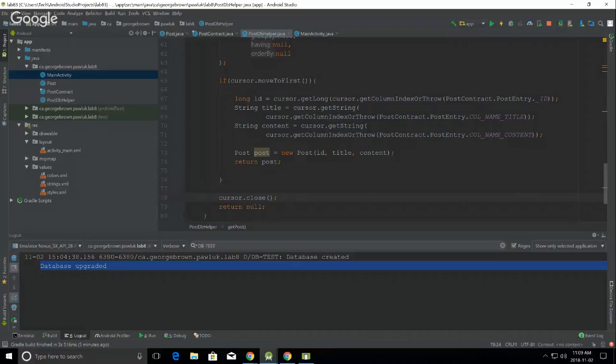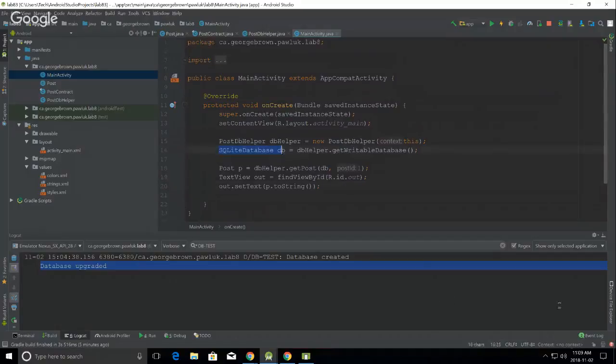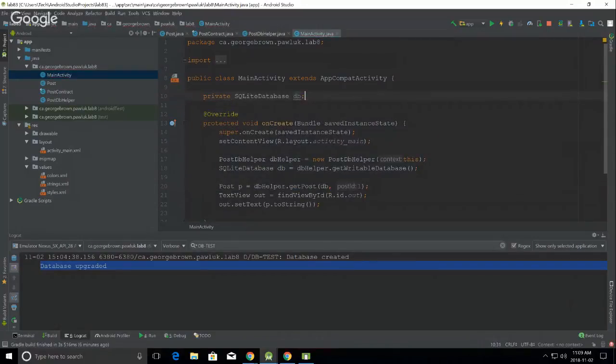Now, also the opening and closing the database is expensive, right? So when you open your database, as we did here, we want to keep it open as long as possible. So what we should do, we should modify our main activity, right? Instead of keeping this as a local variable, this should be my class member. I should open it on create,